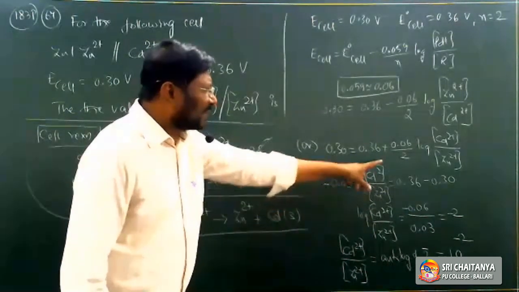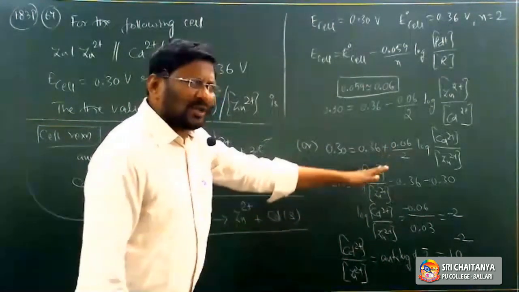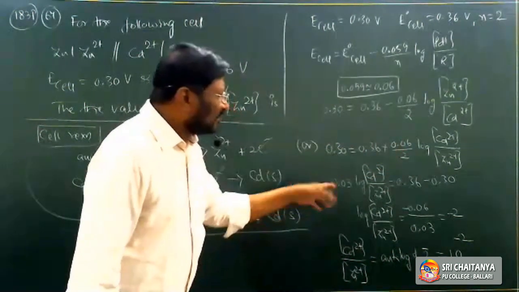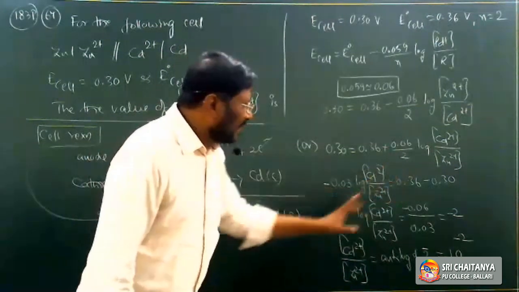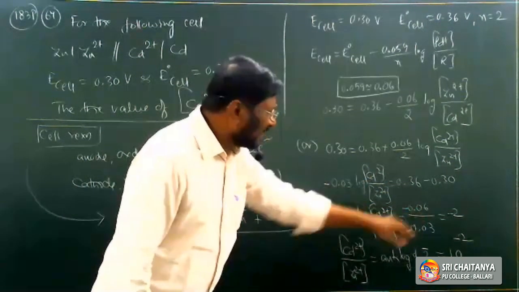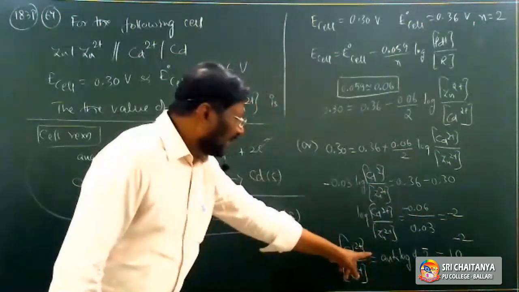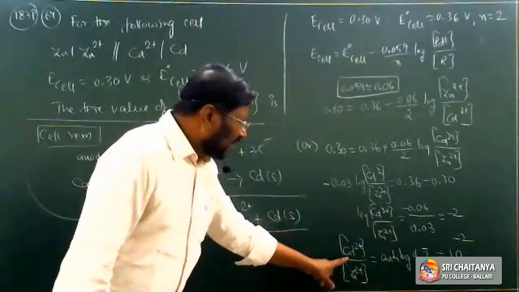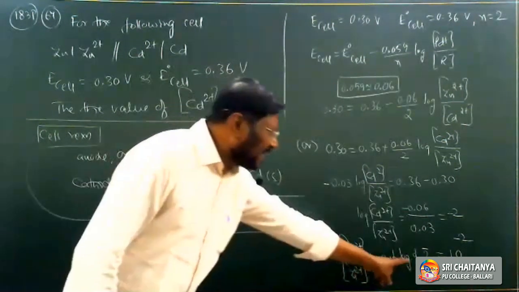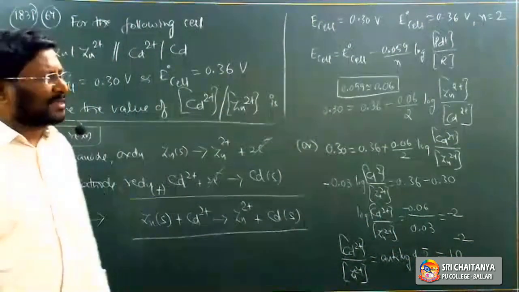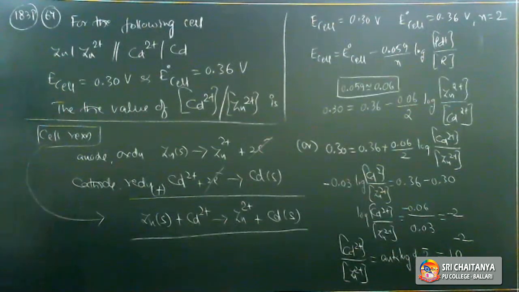Yeah, then next one. See, this conversion also you should know. Please see. Let me send this side. What will happen? Minus. Then let me send this minus this side as well as minus 0.3. Overall, therefore, you will get the answer as minus 2. Then see, Cd2+ concentration by Zn2+ concentration is antilog of bar 2. Bar 2 is nothing but 10 power minus 2. How much is it? 0.01. It is the way we do. You take the screenshot. We can proceed to the next problem now.